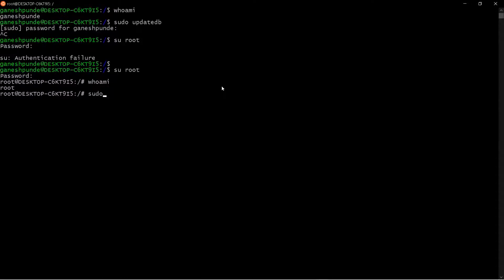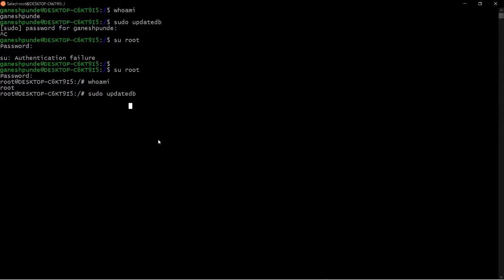Now, if I want to update the database, I can say updatedb. So by using this command, you can update. It will take a lot of time. Okay. So in the interest of time, I'm just closing this process.